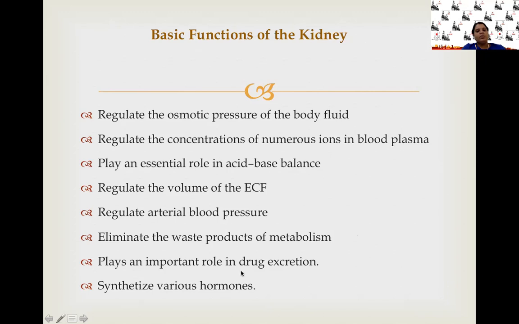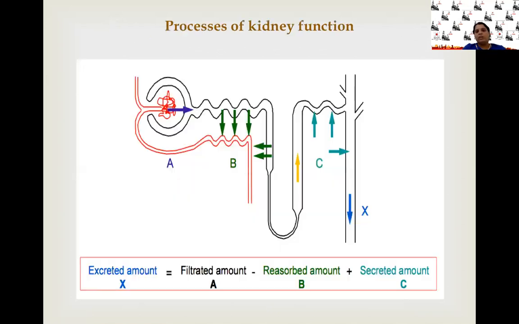It plays an important role in drug metabolism and excretion. And kidney is a site of synthesis for various hormones like erythropoietin and 1,25-dihydroxy vitamin D3. So kidney takes part in multiple functions, but the basic function of the kidney is to excrete waste products by urine formation. Each glomerulus